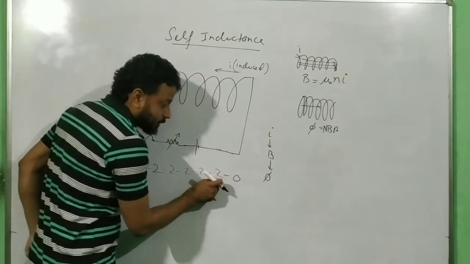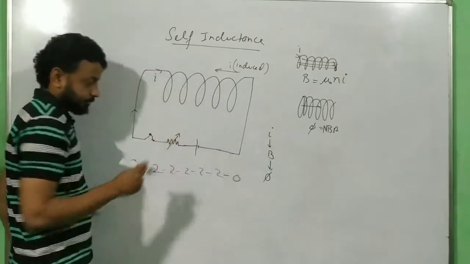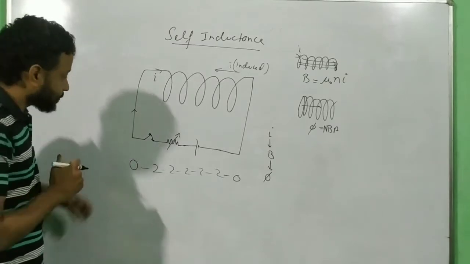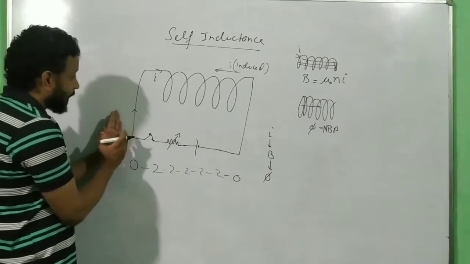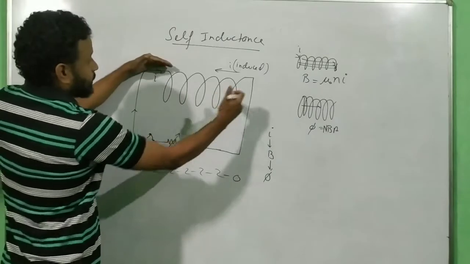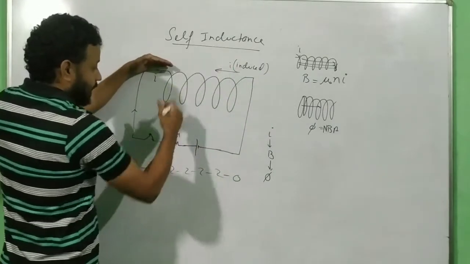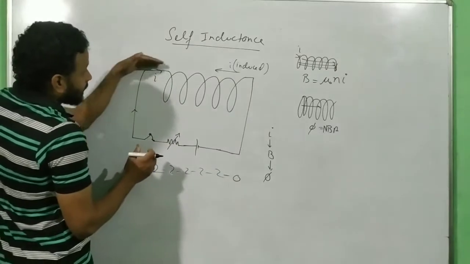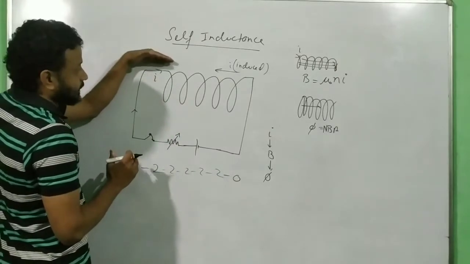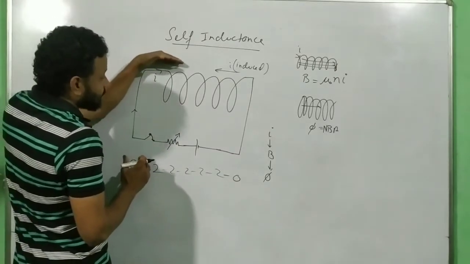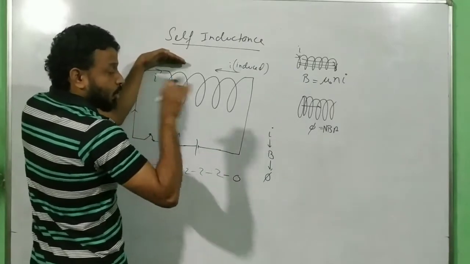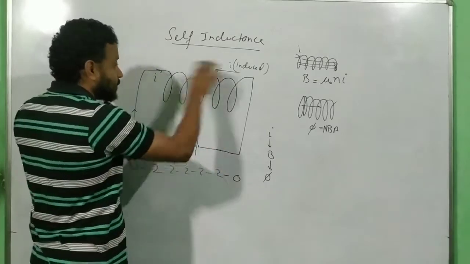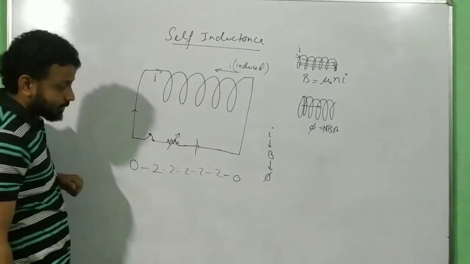Now what about when you are switching it off? Again you will get an induced EMF. Now what will happen? In the beginning, when the current was trying to increase, induced EMF was trying to oppose the cause. Now at the end, when you are switching it off, remember the current was flowing like this. When this current is flowing in this direction and you are switching it off, you are trying to decrease the current in this direction. Am I right? So induced EMF will act in the same direction.